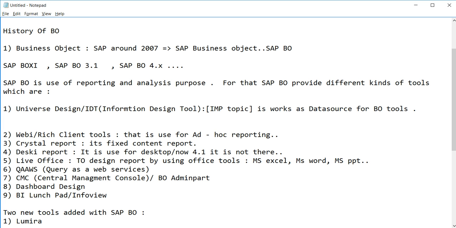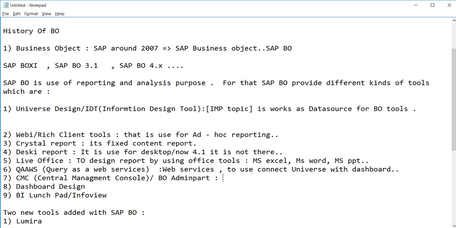So these are the tools which we can use in Live Office. QaaS, it is like a web service, used to connect universe with dashboard. So these are the QaaS.